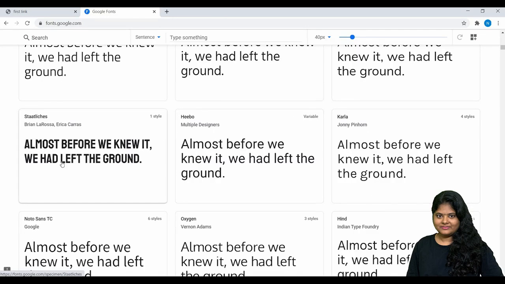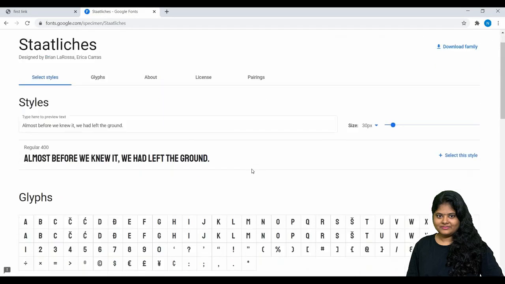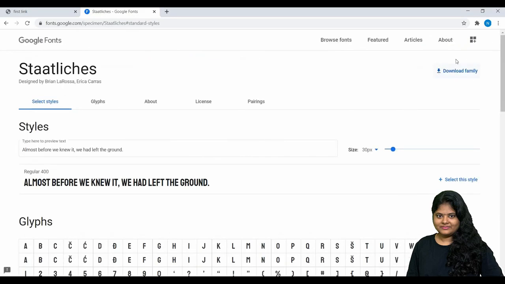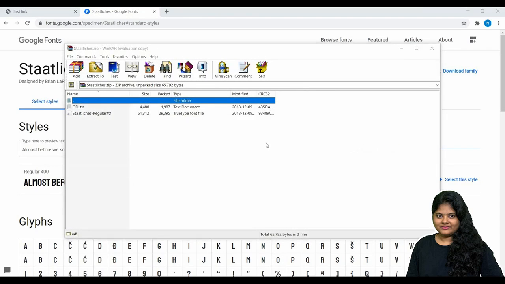So now I'm going to download this font. Just click on it, right? I can see how the font looks, and I can download it here with download family, right? So the font has been downloaded. It was in TTF format,